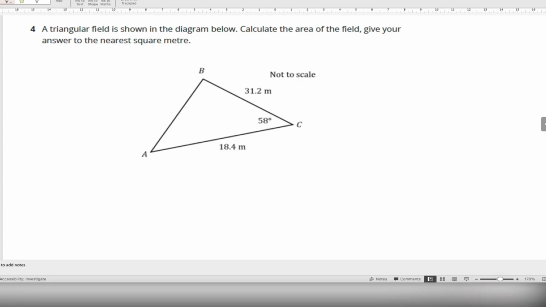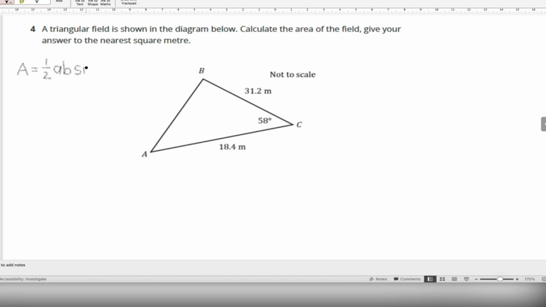A triangular field is shown in the diagram below. Calculate the area of the field and give your answer to the nearest square meter. So we have to calculate the area of the field and then we have to do the necessary rounding as well. We can say that the area is equal to a half times A times B multiplied by the sine